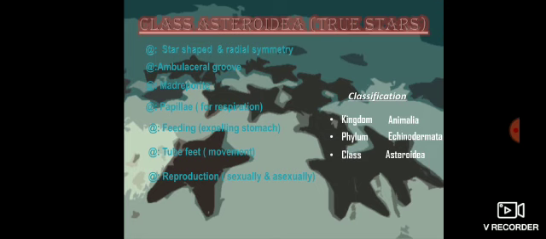The next property of class Asteroidea is the presence of the madreporite. The madreporite is mainly an opening which is made up of calcium carbonate, so it is also a calcareous opening used to filter water into the water vascular system of an echinoderm. It acts like a pressure equalizer. It is visible as a small red or yellow button-like structure on the aboral surface of the central disk of sea